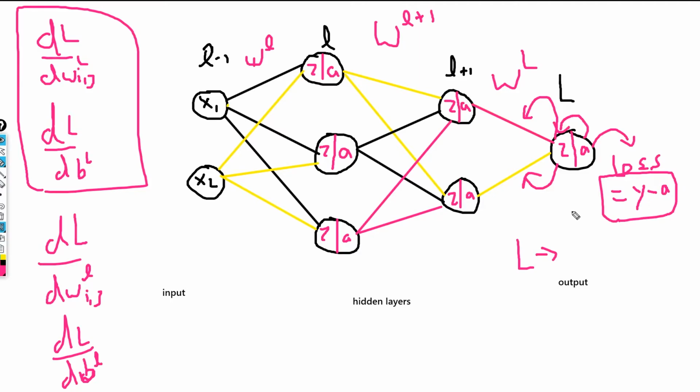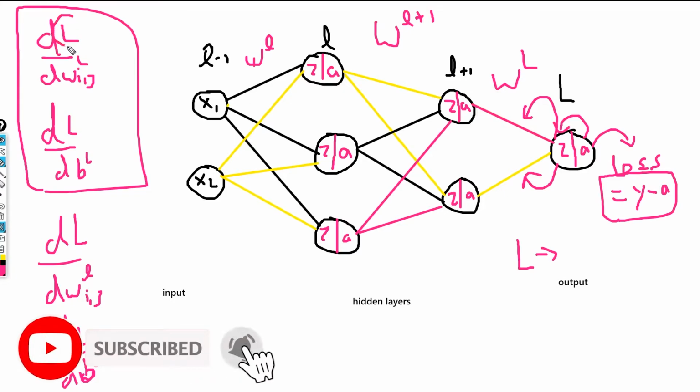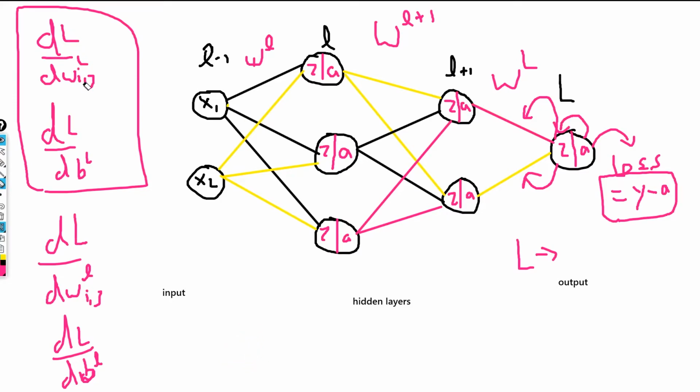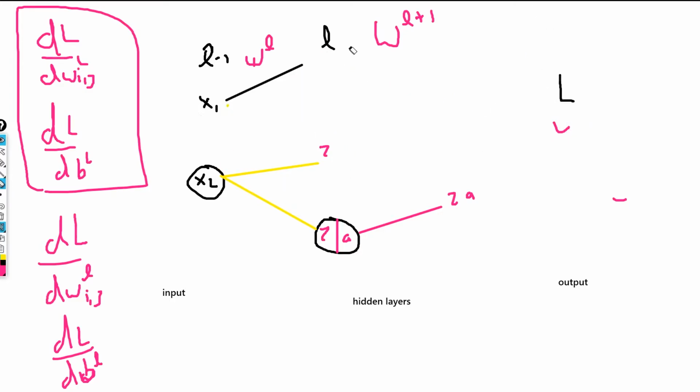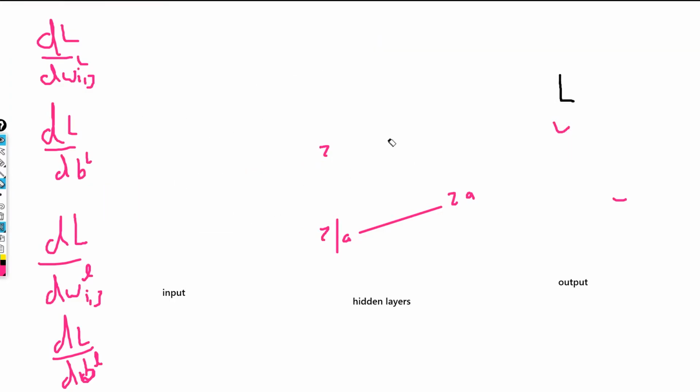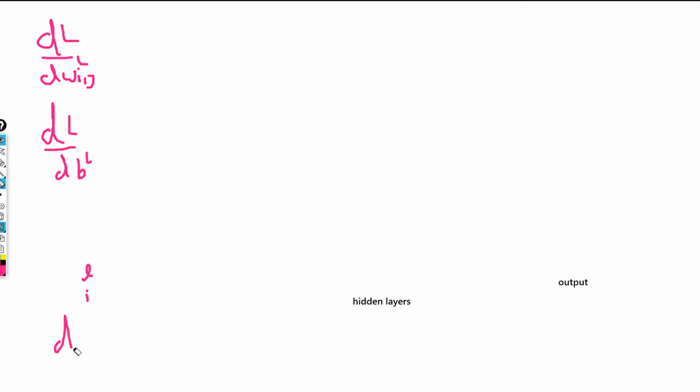So let's see how we are going to do it. Basically we want to minimize the loss, so that's why we are finding the gradient for the loss, and this loss is based upon these values. I hope that you have noted all of this down, otherwise I am going to rub it and it will be difficult for you to understand later. So now let's talk about this part first.